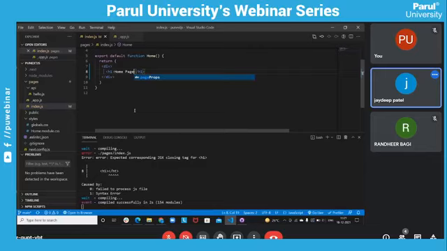Now if we change the route to about, it returns the about page. We'll give an h1 tag. Now this is the about page.